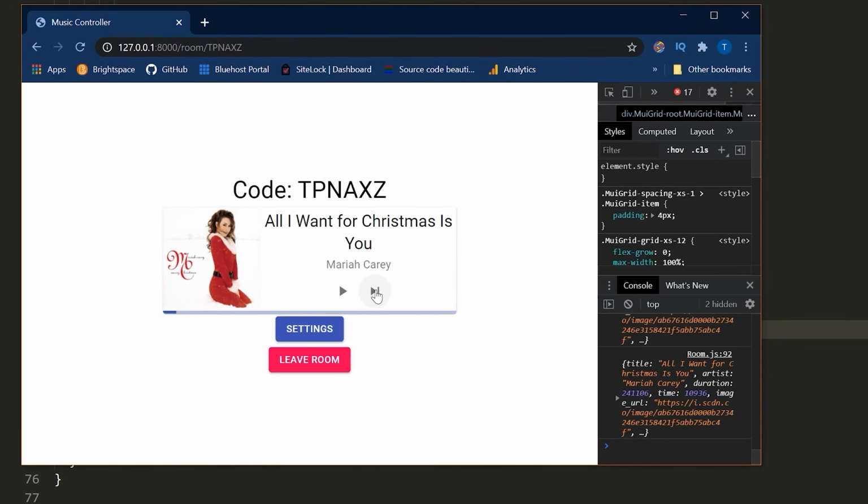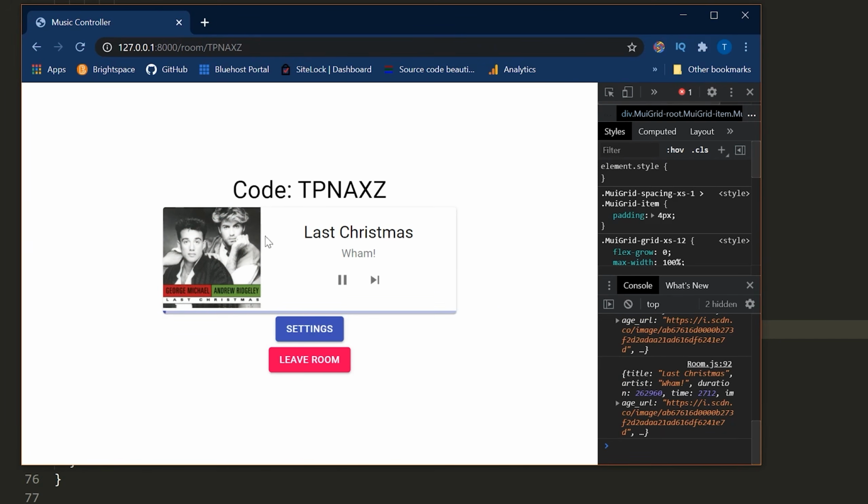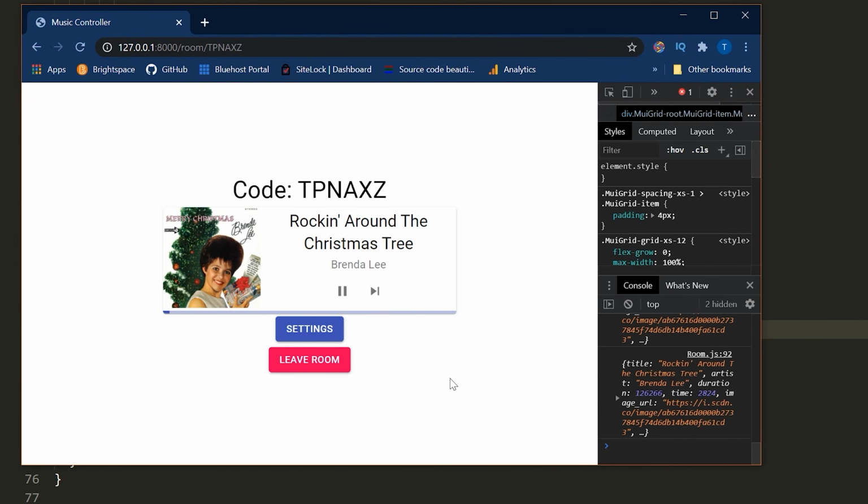Anyways, now that we have this, let's press the skip button and let's see if this actually works. So it doesn't look like it's working. I think I might just need to refresh my cache here. And there we go. Let's try the skip button. And there it goes. Okay, so it is indeed working. So I just need to refresh the page. But now when I press the skip button, if I am the host, you can see that it does skip the song.